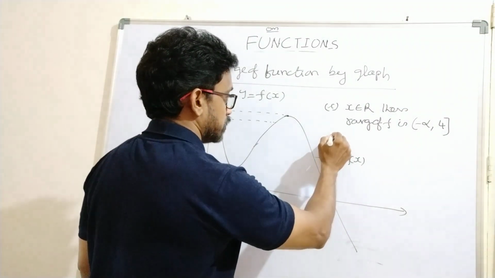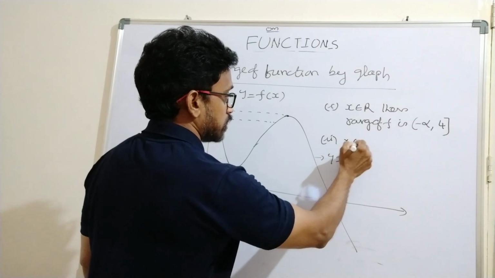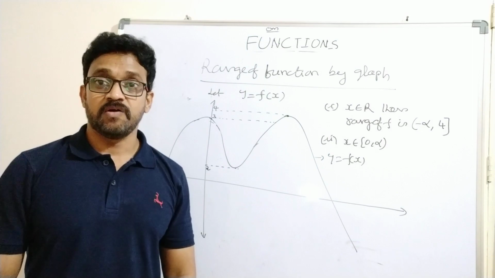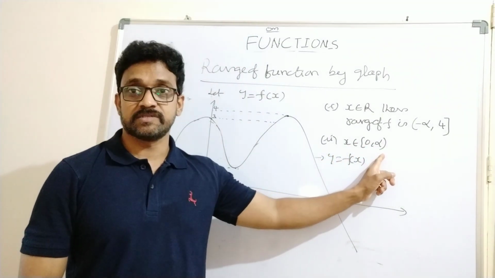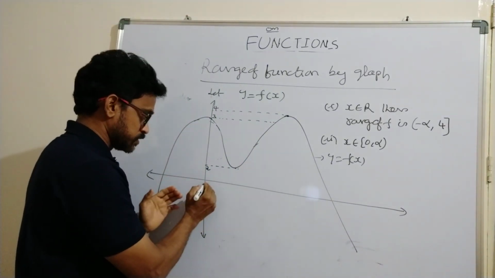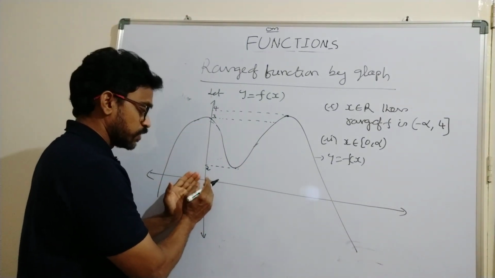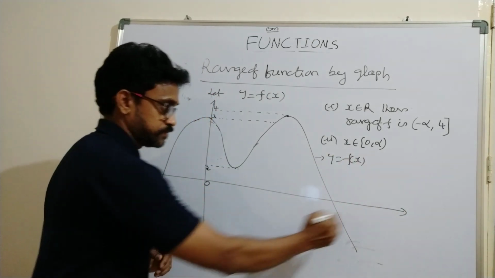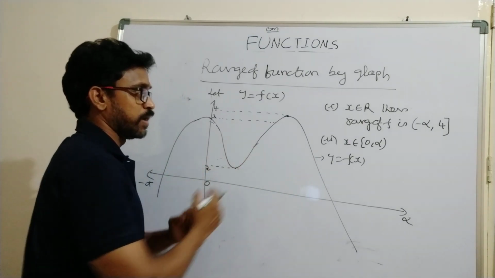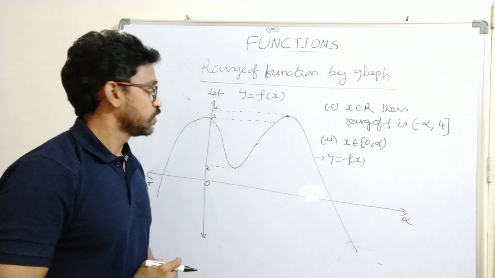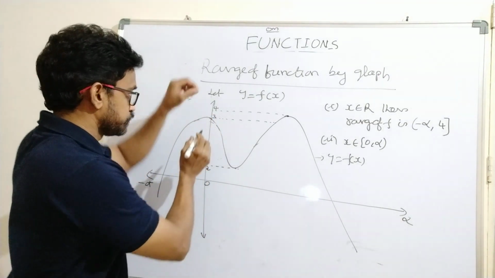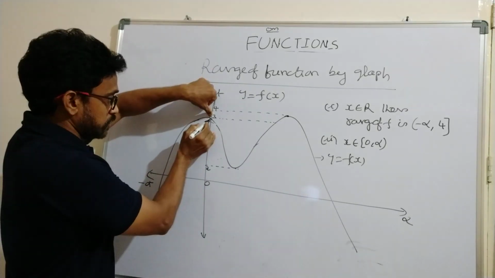One more case I will explain. Observe, that is, x belongs to left closed, right open, 0 comma infinity. Now I have taken the domain as this. What about the range of this function? Observe the front graph here. So our domain is what? Closed from 0 to infinity. Okay, right. So in this domain, observe the graph. Now at x equal to 0, its functional value. Observe here, the graph is here.